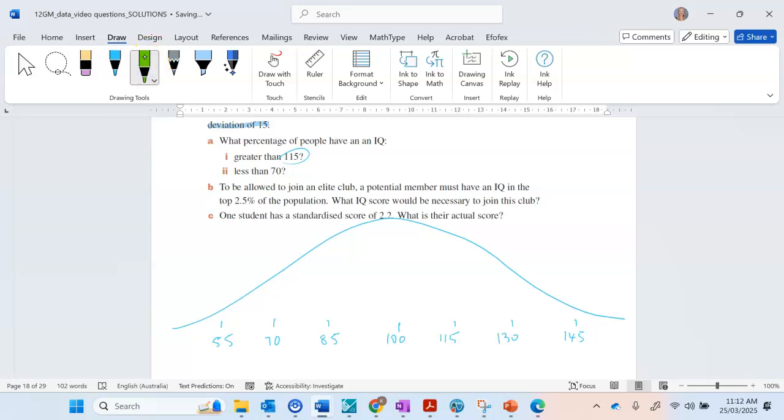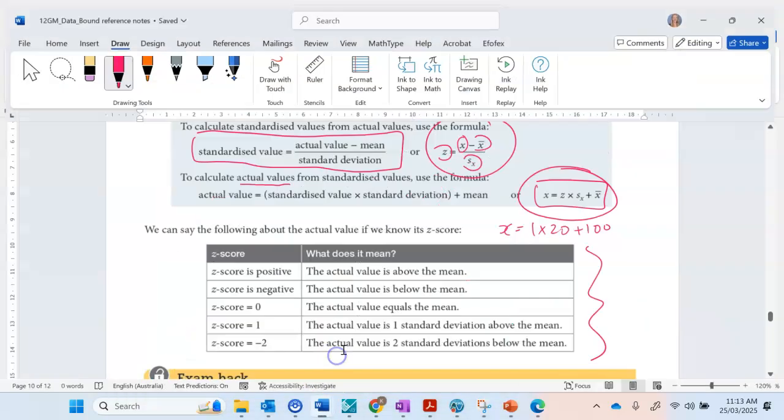All right, so we're looking at 115, which is here. So that's 1 standard deviation above. Hopefully you start knowing your percentages. It is 16%. So you can look at your notes. Hopefully you are looking at your notes, just not writing down what I'm putting there. All right, less than 70. So here's 70. Remember, here's your mean. So we're 2 standard deviations below. So that's 2.5%. So if you're wondering where I'm getting these percentages from,